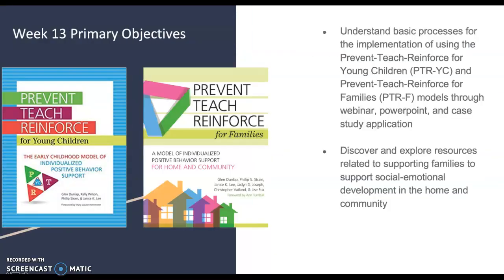So this week there are two primary objectives. I'm reading on the right-hand side first. So to understand the basic processes for the implementation of using the Prevent, Teach, Reinforce for young children and the Prevent, Teach, Reinforce for Families models. You'll utilize a webinar, a PowerPoint that you'll read through, and a case study application. And then the second and primary objective is to discover and explore resources related to supporting families to support social emotional development in the home and the community. So I've brought up these two particular